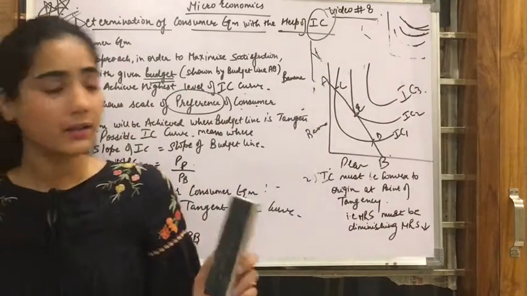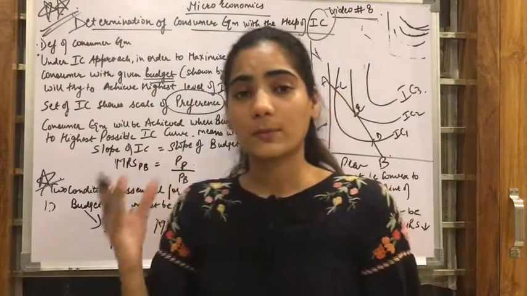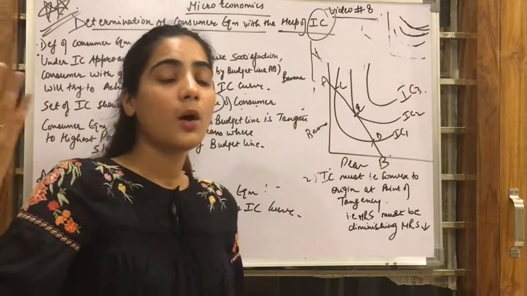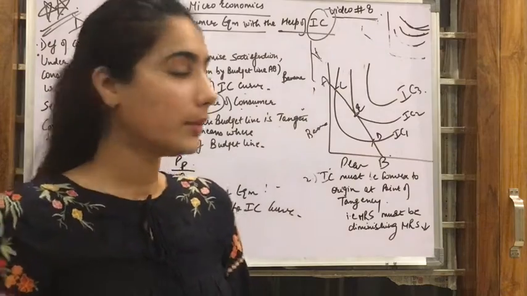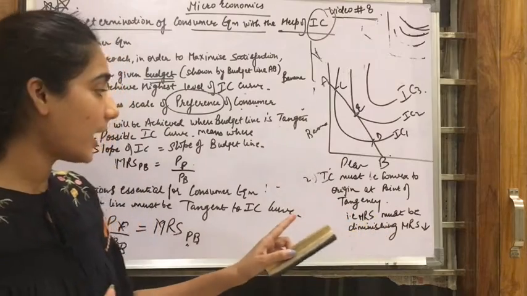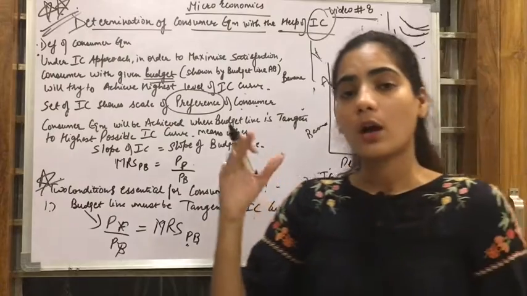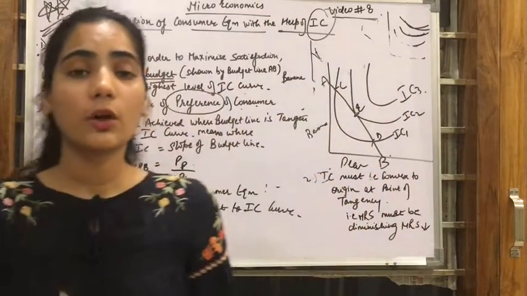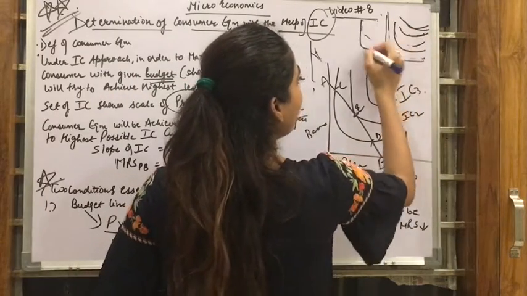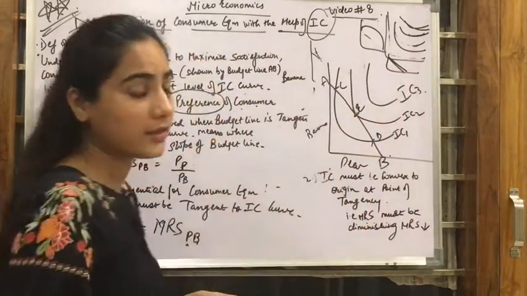This we have already studied. Let's revise. Marginal rate of substitution means the rate at which we are substituting banana is diminishing in order to have one more additional unit of pear. The rate at which the banana is substituting is decreasing for an additional unit of pear. This is MRS. And IC should be convex. It cannot be concave or straight.